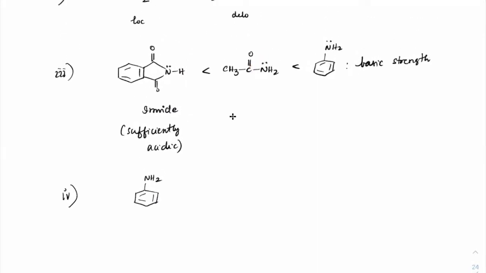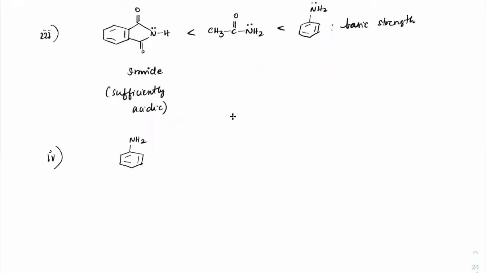Here the lone pair involvement is with the C double bond O, oxygen getting negative charge, that is a very rapid resonance. In fact, this resonance is so stable that nitrogen gets complete sp2. We have discussed this before. And it will remain planar. Its hybridization completely turns from sp3 to sp2. Here it is partial sp2 and partial sp3. Even for acidics it is the same thing. Less basic, less acidic means it is more stable. More acidic means it is less stable. Same logic applies here also.